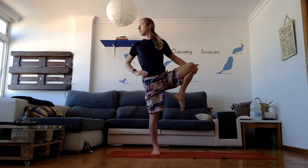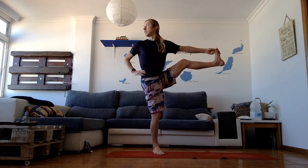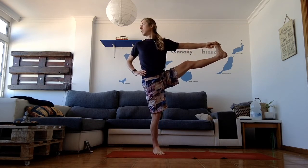Look to the right. Stay here with your left hand on your left knee, or if you want, you can try to open up your left leg straight, grabbing by the toe. Choose your variation. Stay in a position for 3, 2, and 1. If you're having the legs straight, bring it back by the knee, and exhalation, grab ankle, bring the